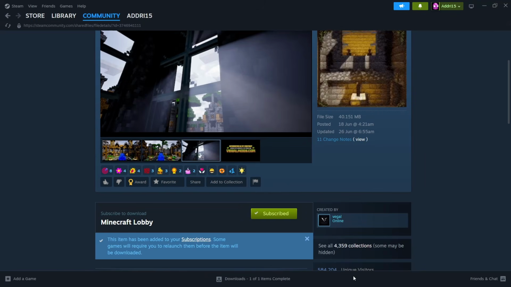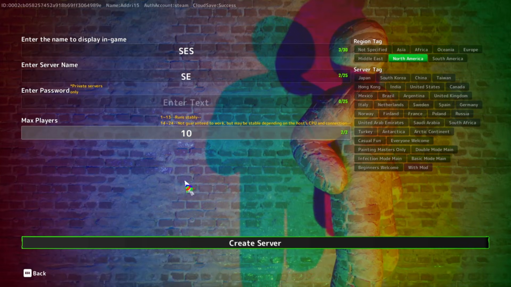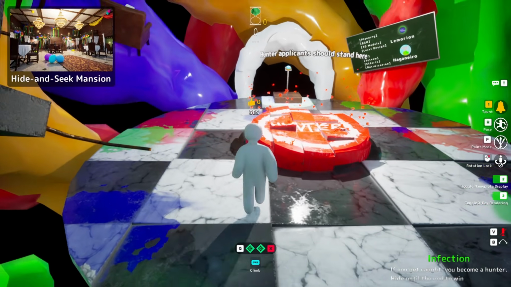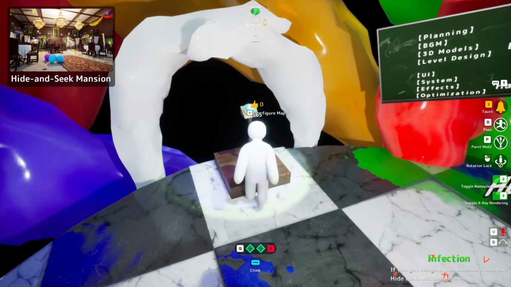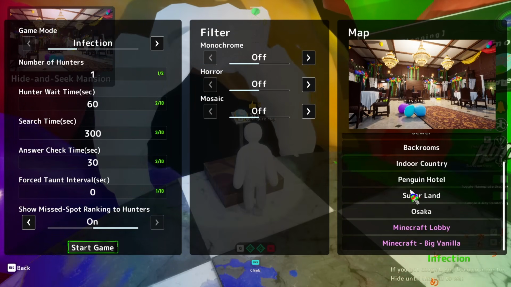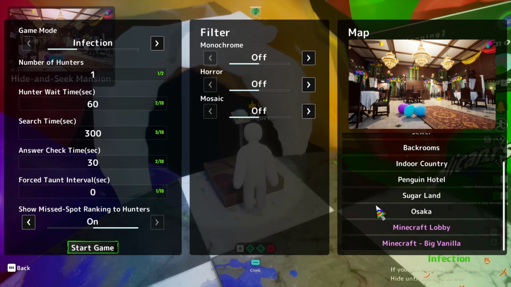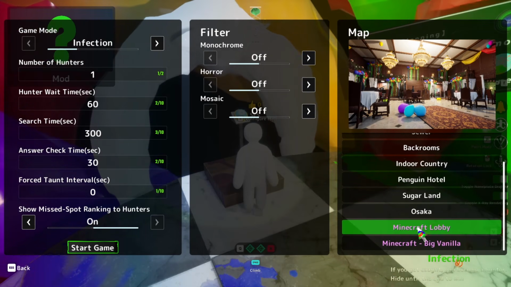Now once it's done, you will need to open the game again, go to create server and create your server. And now if we go to this button right here, we can change the map. So click it to configure the map and you'll find the list of all the maps you have right here. If it doesn't appear, you will need to restart the game, but in this case I have the Minecraft lobby